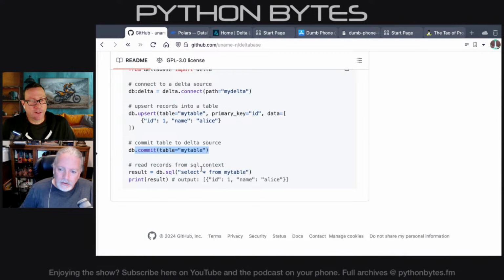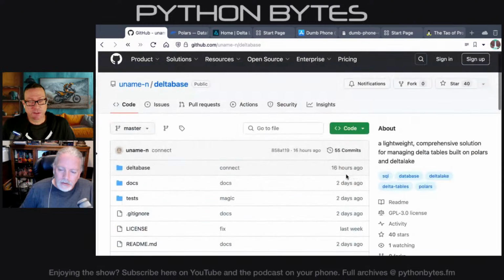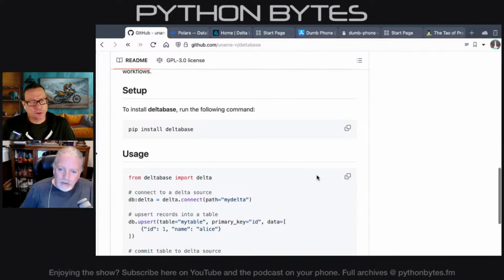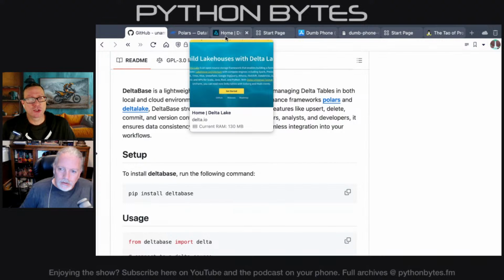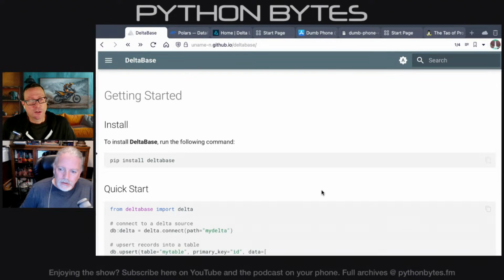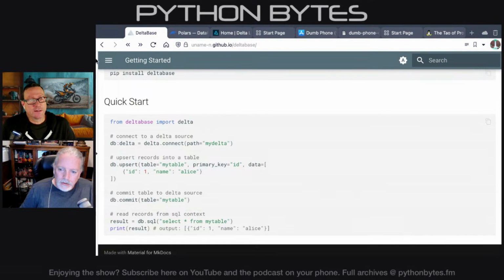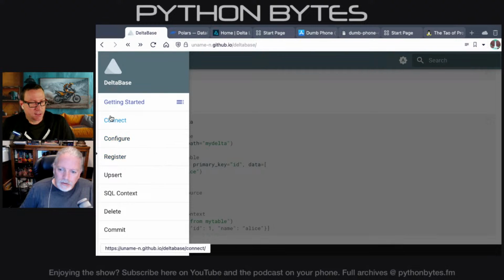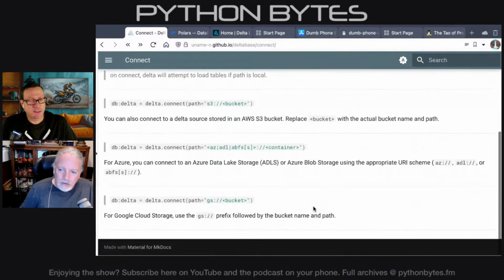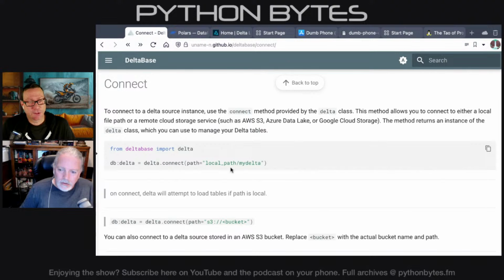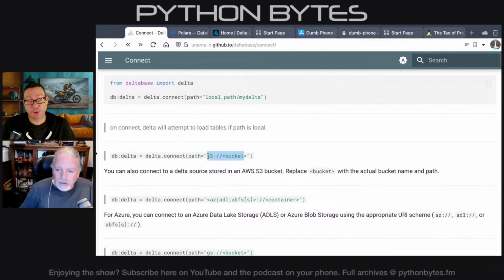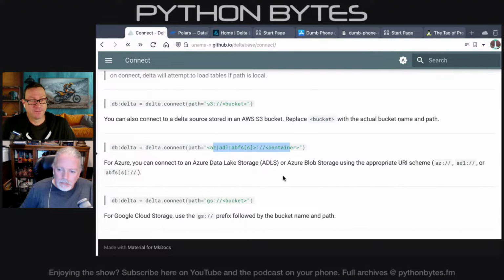Also, you can do select statements against it, right? Query statements, SQL statements against it. You go and look at the docs, which I did. Here we go. They're a bit of a work in progress. However, if you check out the docs, it shows you, for example, under connecting, that you can connect to just a path, but you could also connect to an S3 bucket. You can connect to some kind of Azure Data Lake container or Google Cloud Storage, or as you saw, BigQuery.